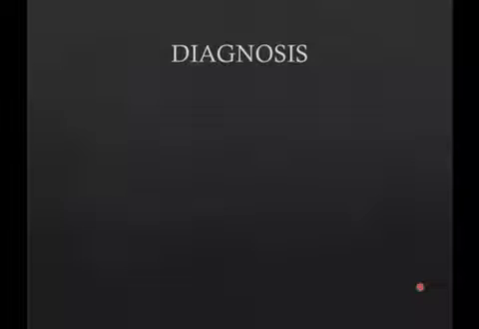So diagnosis for a class 1 malocclusion can be done as follows. As soon as the patient enters, we should take a thorough history of the patient. Clinical examination, both intraoral and extraoral, should be carried out. Good impressions should be taken of both upper and lower arch, of which study models are made, which are then evaluated for proper diagnosis and treatment planning. Radiographs like lateral cephalogram and OPG can be taken.